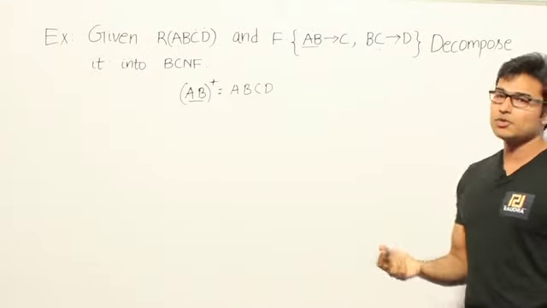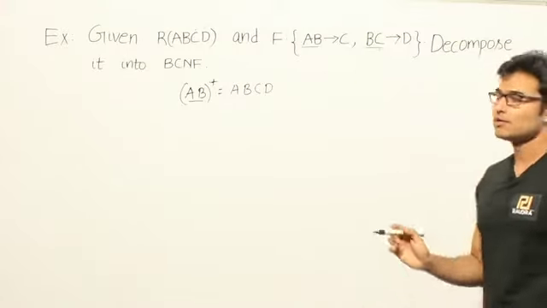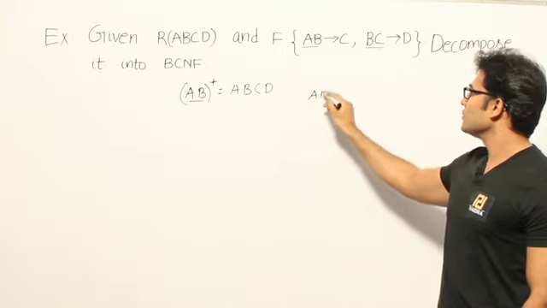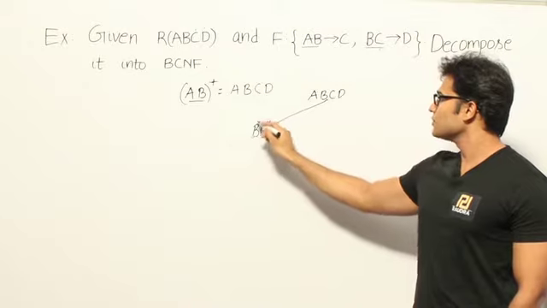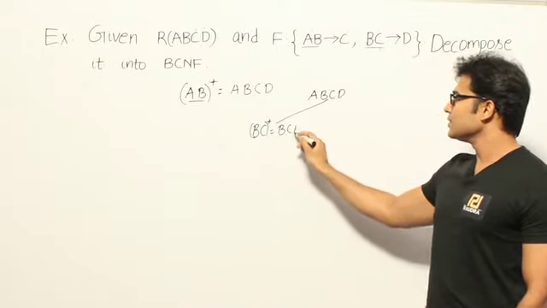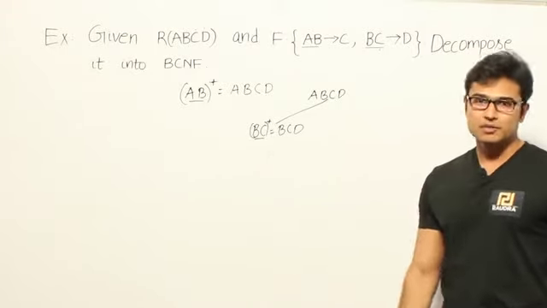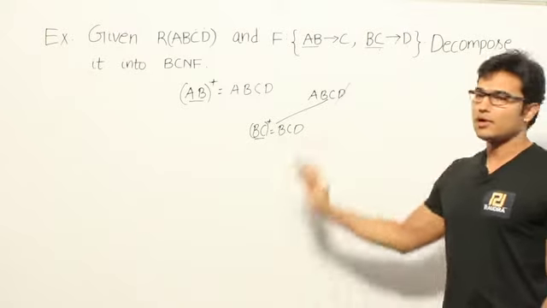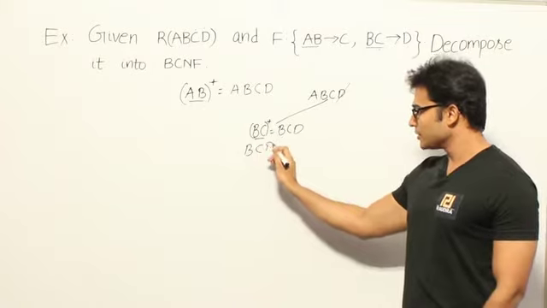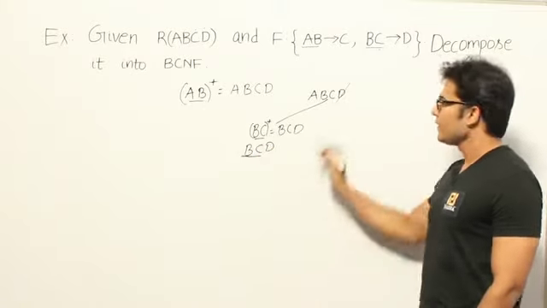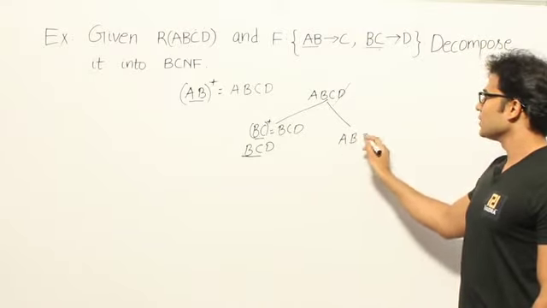Now what are you supposed to do? Take this and find out the closure of the left side and take away all the attributes with it. So now for ABCD, I am going to find out BC plus. If I find BC plus, I am going to get BCD. What does it mean? Along with BC, they will take away D into a new table. So D is going into a new table. One table is going to be BCD with BC as the candidate key, and the remaining attributes you have to put in this table, right? So ABC is going to be the other table.